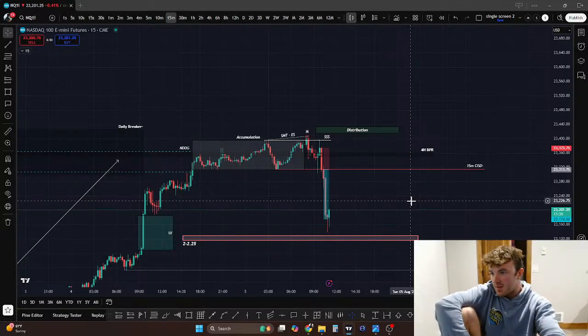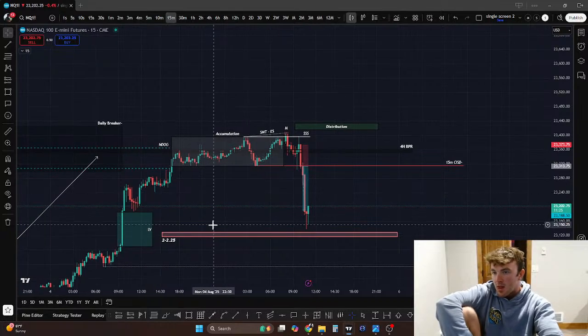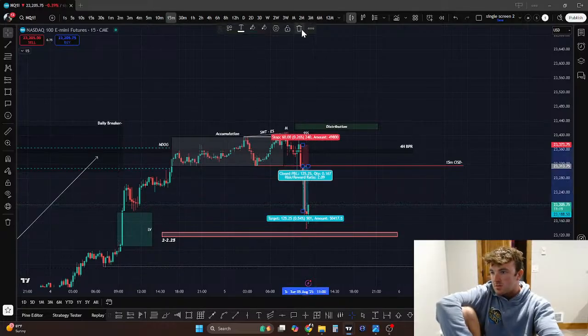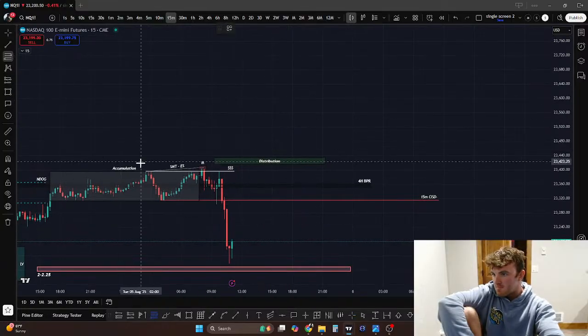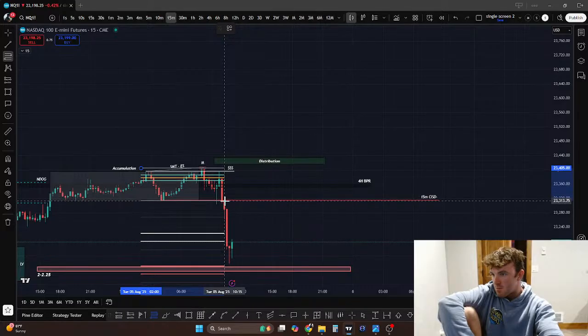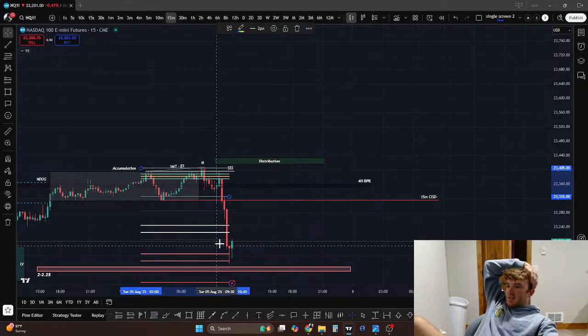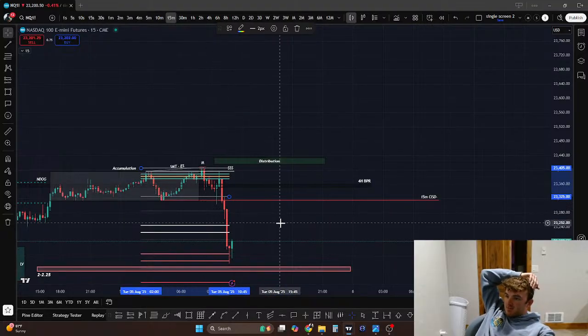I mean, you could have even just simply targeted these lows, and that would have been a good target. Maybe one reason we have not hit the second standard deviation is because we hit the second standard deviation of this, but